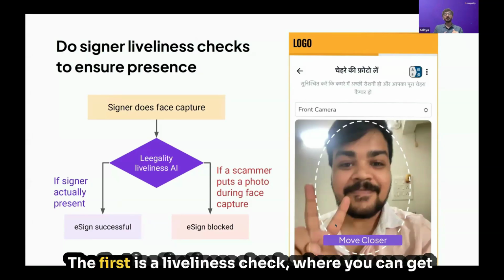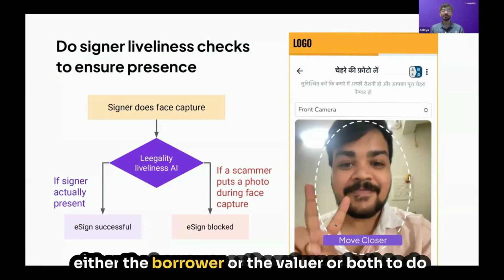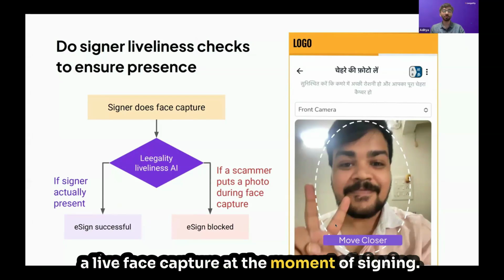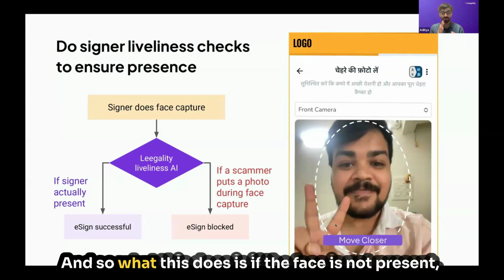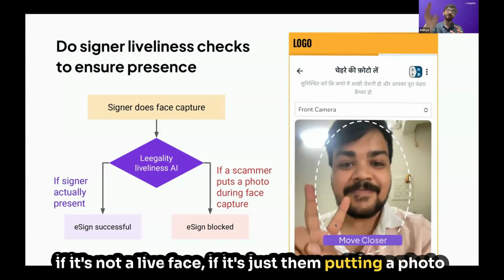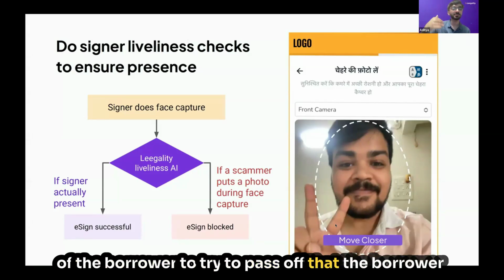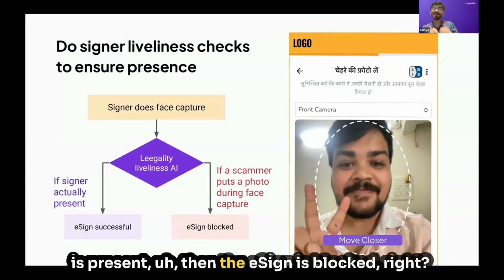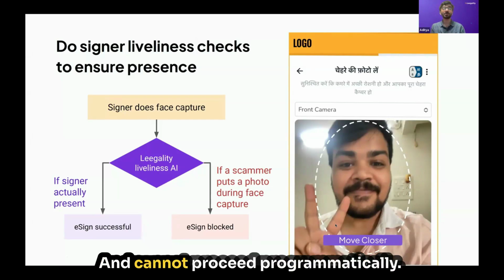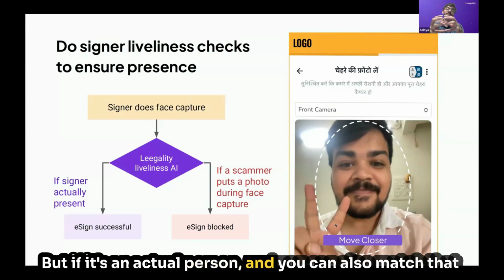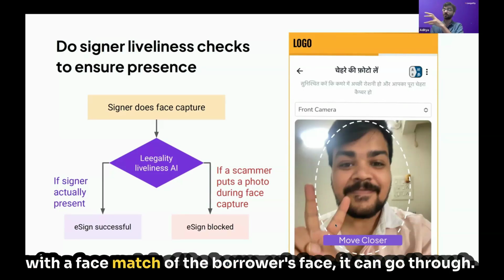The first is a liveliness check, where you can get either the borrower or the valuer or both to do a live face capture at the moment of signing. If the face is not present, if it's not a live face, if it's just them putting a photo of the borrower to try to pass off that the borrower is present, then the eSign is blocked, right? And cannot proceed programmatically. But if it's an actual person, and you can also match that with a face match of the borrower's face,